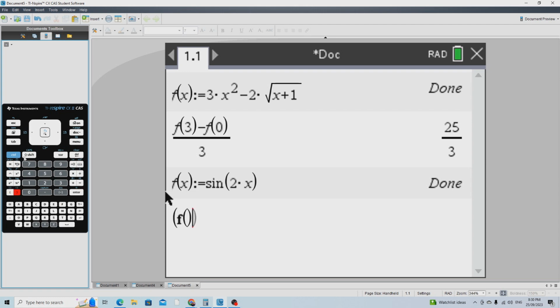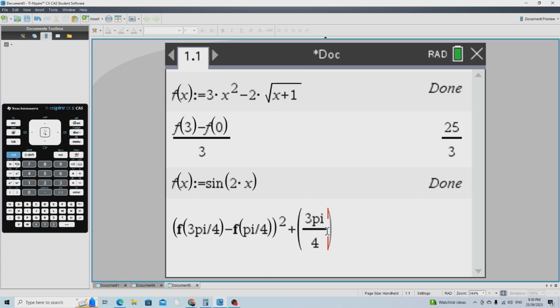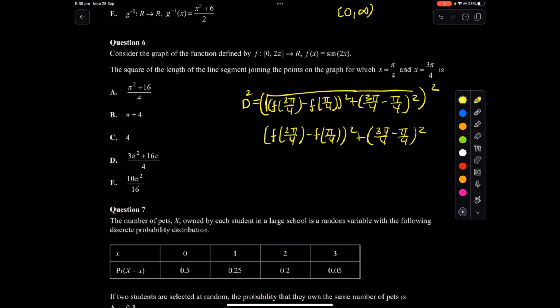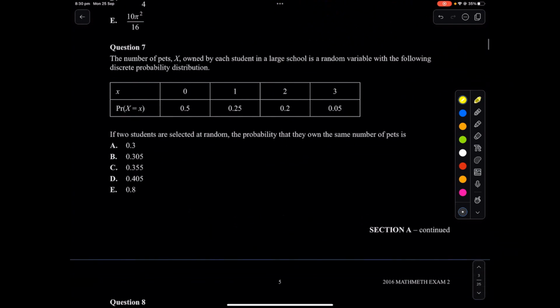So we're saying f of 3 pi over 4 minus f of pi over 4, squared, plus 3 pi over 4 minus pi over 4, squared. And that gives us pi squared plus 16 over 4. Choose A. Question 7. The number of pets x owned by each student in a large school is a random